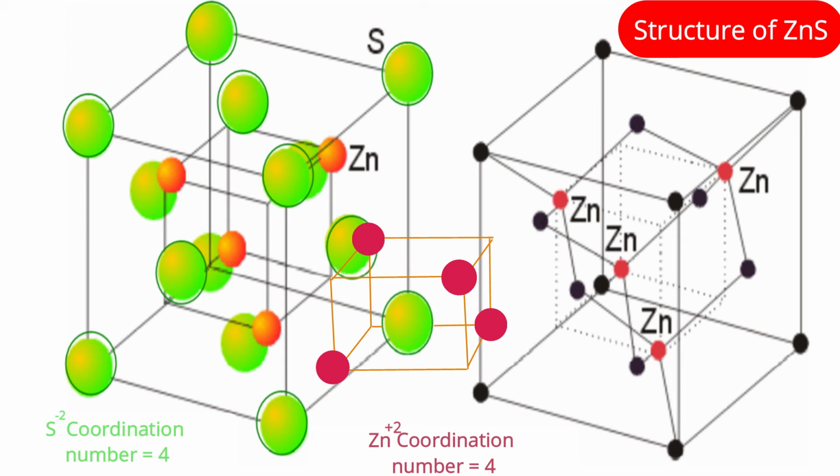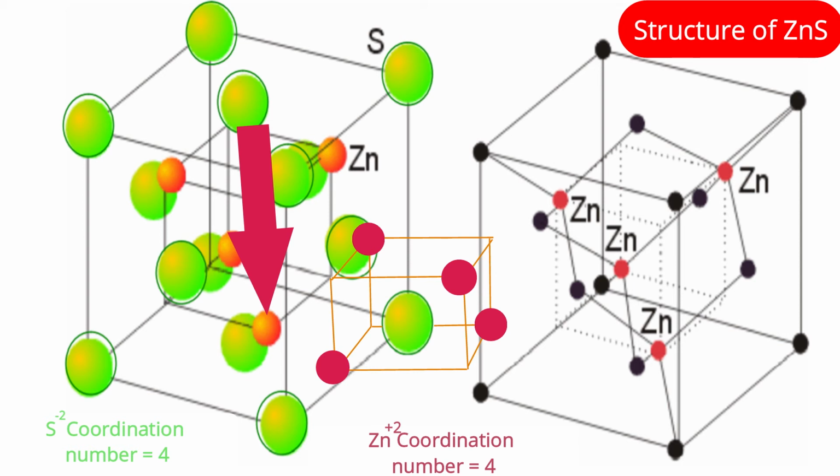Now let us talk about the sulfide ion at the center of a face. Now pay attention to the left side diagram. It is somewhat clear cut, therefore I am emphasizing that diagram. Pay attention to a small cube and its face towards us. In that inner cube, zinc ions are there diagonally. One zinc ion, I consider it as left up and the other zinc ion right down. That face only I am asking you to imagine.